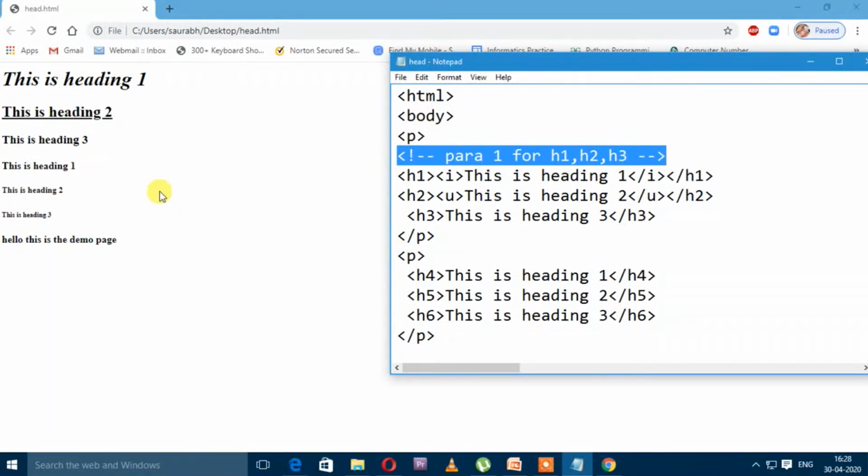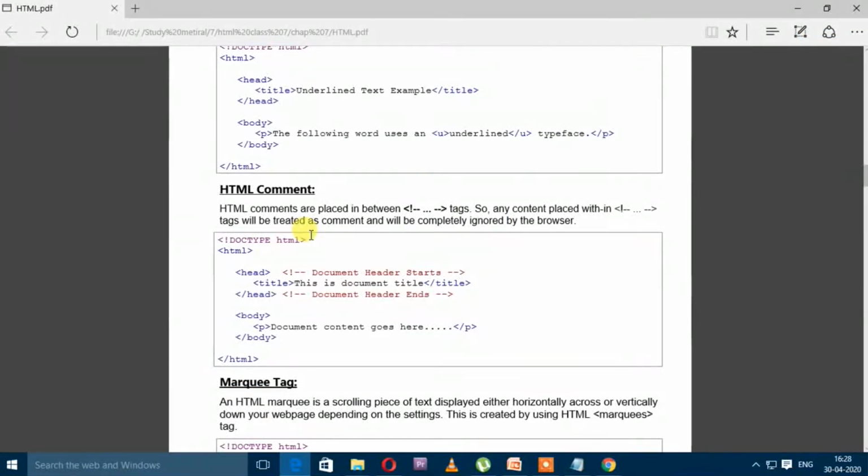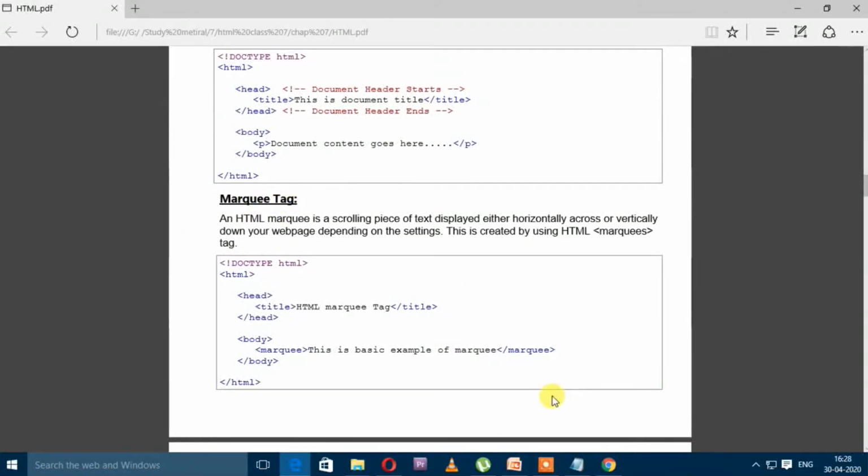The next is the marquee tag. By the use of marquee tag, we can provide the movement to our text. Like, I am going to apply the marquee tag with H1.